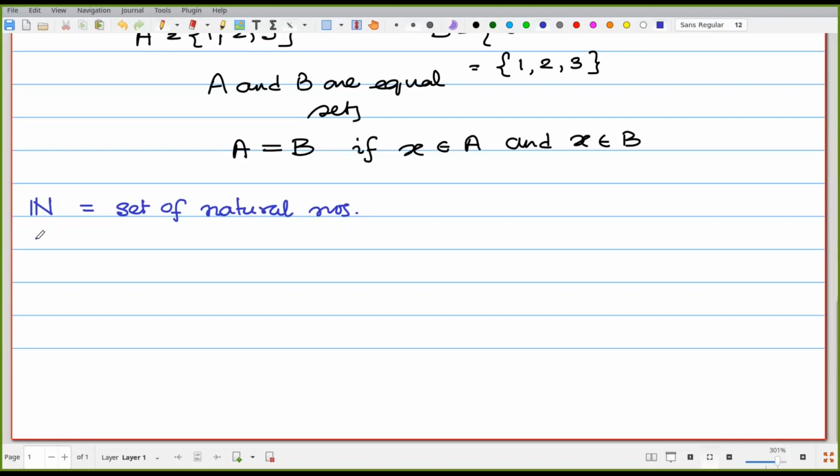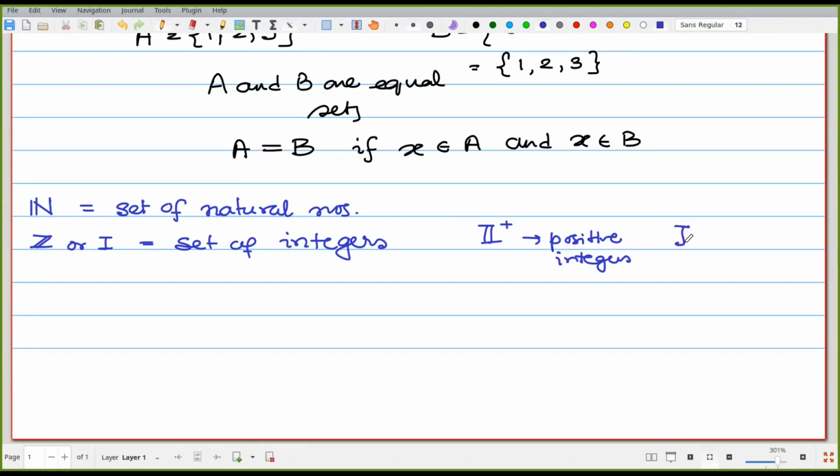Second one, suppose capital Z or capital I, that is the set of integers. That includes positive, zero and negative integers. If we talk about positive integers, then that is I plus, those are positive integers only. Suppose we have I minus, so those are called